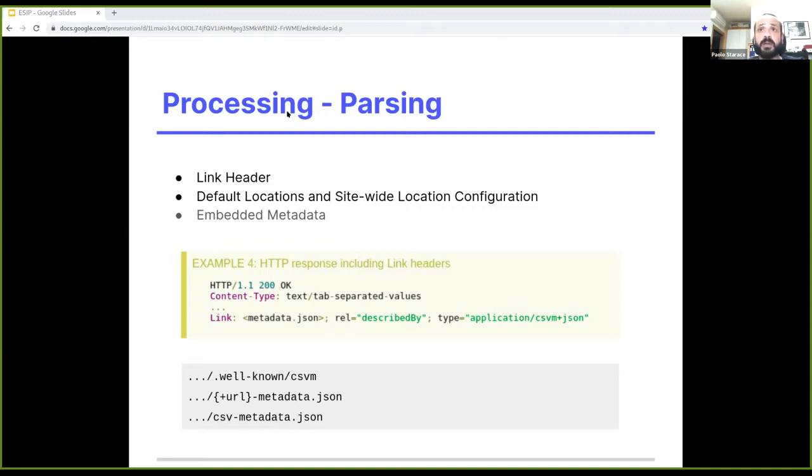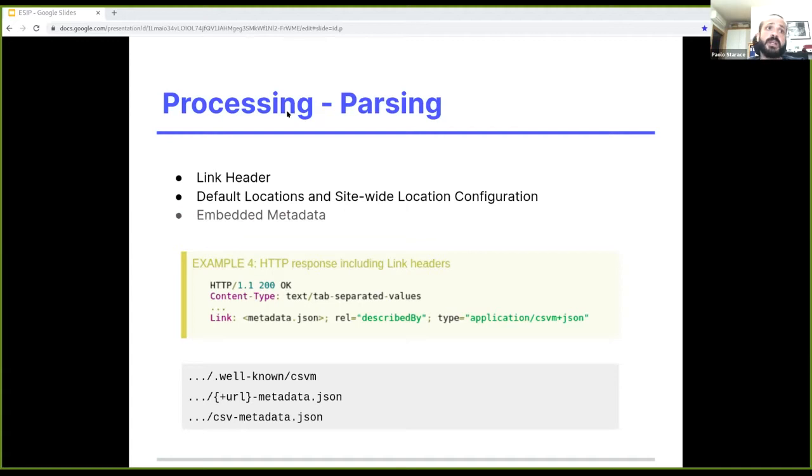And this is done without touching the content of the file. So while you are downloading the CSV from the web, you can look into the headers of the response. And as you can see, you should find a link header specifying the location of the metadata JSON file.